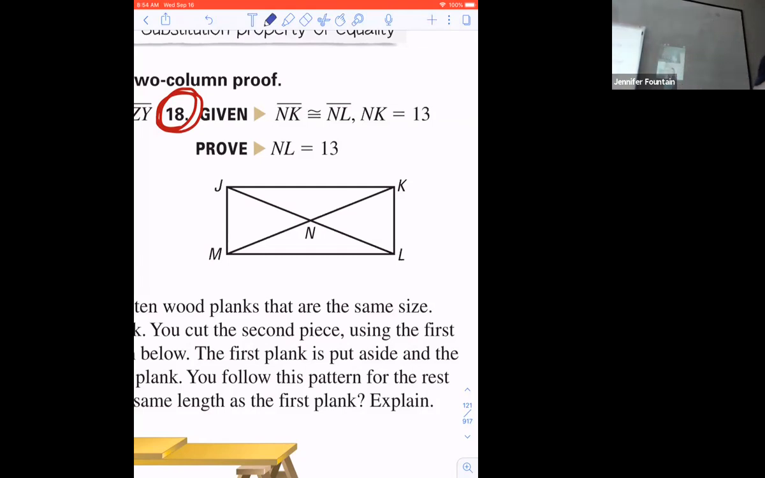All right, so to get from that information to our proof, let's think through what we would need to do there. We've got the given. What would our next step need to be, what do we need to show to get from here to here? Yeah, that NK and NL are congruent. Because if I can show that they're congruent to each other, then I can go ahead and put this. So my first step, and actually let me,